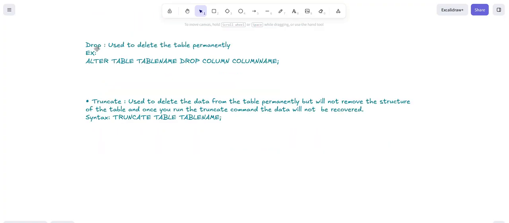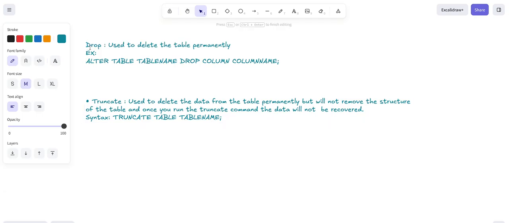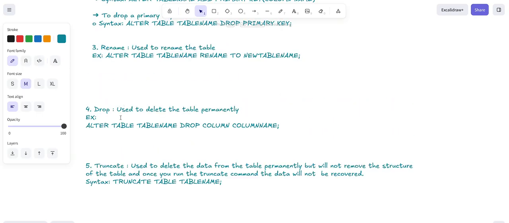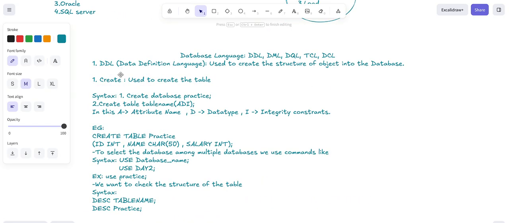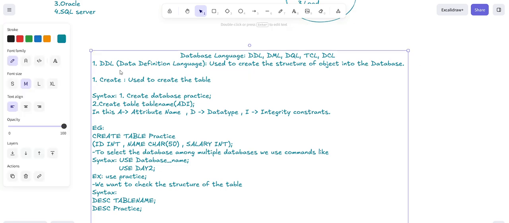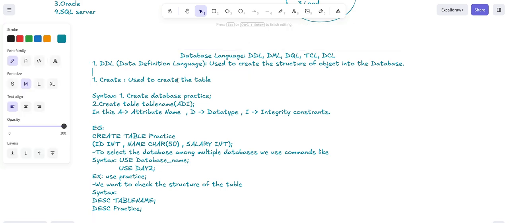Okay, and yeah, so this was the third one, and the fourth one which we are having is drop, and the fifth one is truncate. Okay, so in DDL command, let me write it over here. In DDL command, we are having